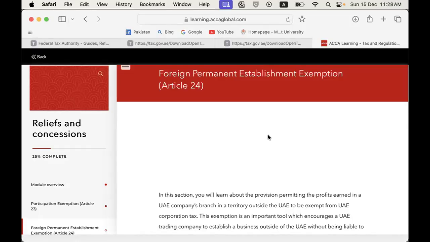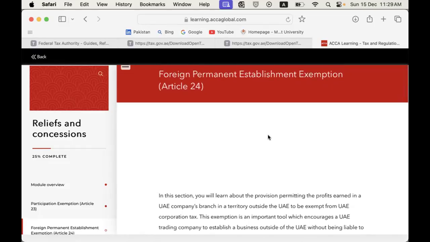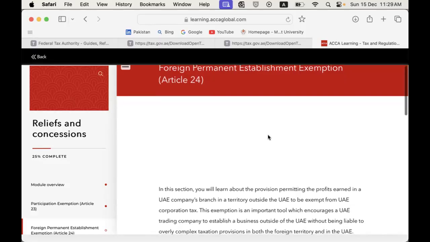Permanent establishment, that's an easy concept. Fixed place of business. We've discussed many times. Permanent establishment is a fixed place of business usually, or a dependent agent operating somewhere, or maybe a nexus. These are the examples of permanent establishment. What is foreign permanent establishment? It is a fixed place, or the business presence of the UAE taxable person in another country other than UAE. That's foreign permanent establishment.